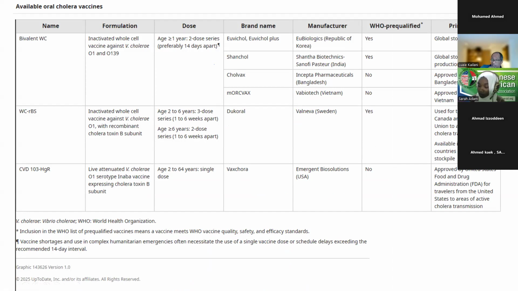Most of these vaccines are two doses, the exception being during vaccine shortages. And it seems that a single vaccine dose gives you a little bit of protection. Anyhow, just to finish the talk,